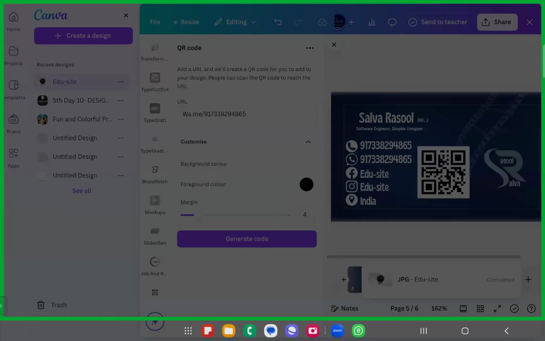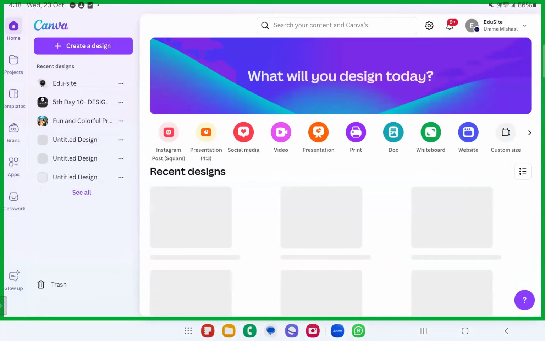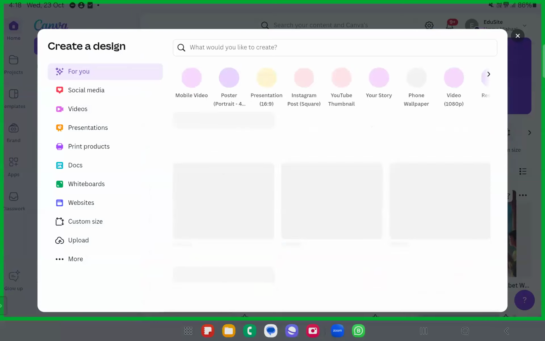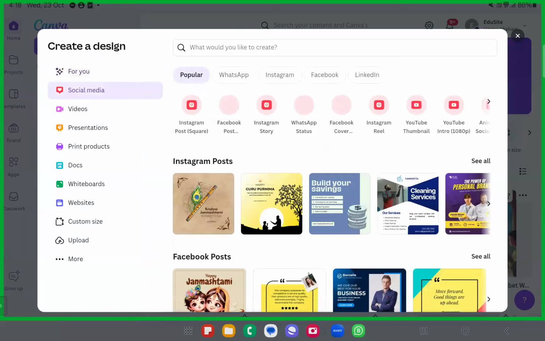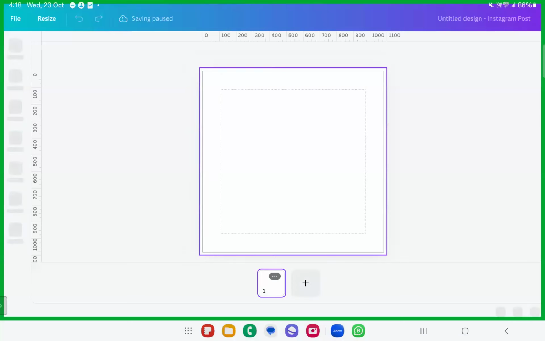Okay, I'll show you. Go to the home page again, or just create a design, new design, any design. Create a design, simple JPG version, simple photo. So what we'll do, we'll just take us to social media, Instagram post, square kind of any Instagram post or any post. Okay, you're WhatsApping them the mock-up of the business card.